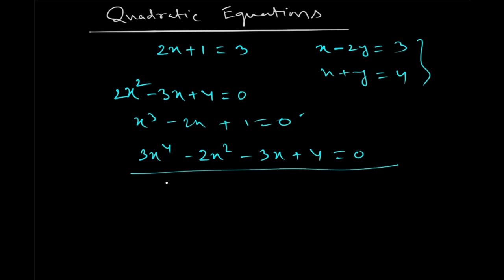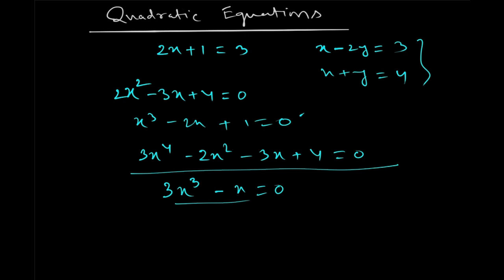Suppose one equation is like this: 3x cubed minus x is equal to 0. This is a cubic equation. It may not have the terms containing x square or the constant term, but the highest power of the variable x is 3. That's why it is called a cubic equation. Now, quadratic equations: how to solve those equations?